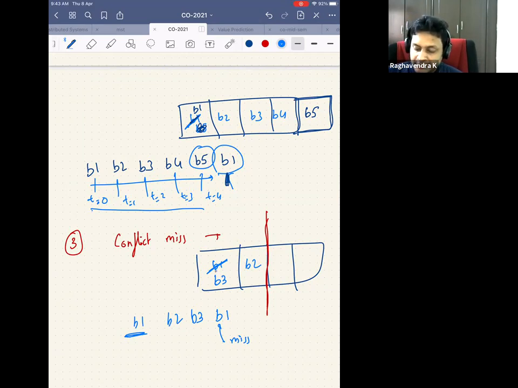So there was the block 1 address, the block 2 address. There is a conflict between block 3 and block 1. That's why block 3 kicked out block 1, even though there was empty space here and here. So this is a conflict miss. This is the third C. So conflict miss makes no sense in a fully associative cache. There are no conflict misses in a fully associative cache. Is this clear?